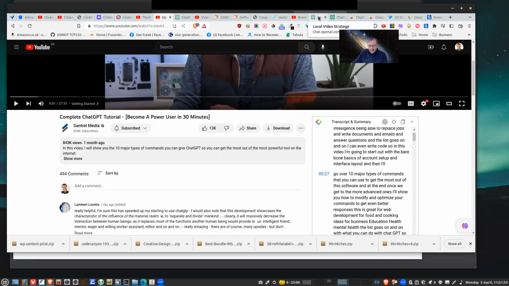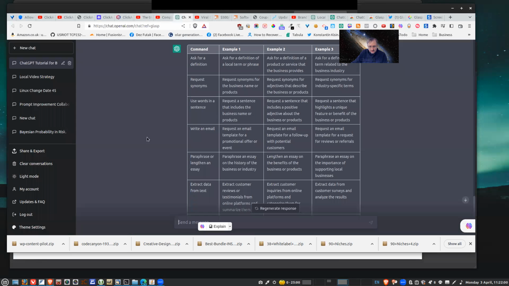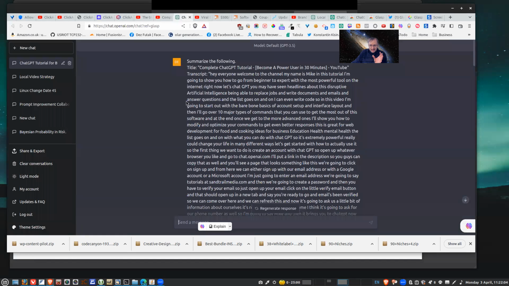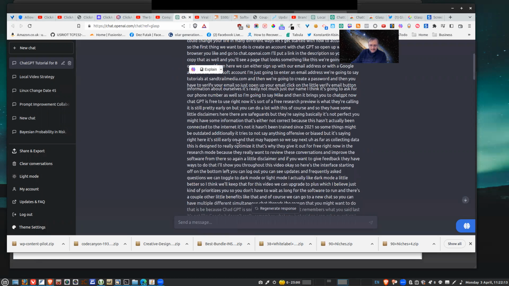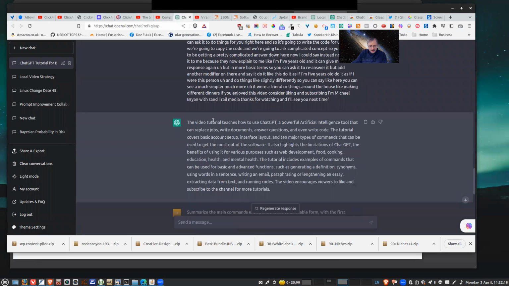And if I show you, I think this is the one. No, it's not that one. It is this one. So here's the transcript that it actually automatically copies and pastes into your ChatGPT interface and prepends it with "summarize the following." So it does all that. And then at the end, you get this nice little summary. It shows you, like, this literally took less than a minute to read. The video is 27 minutes long. So it saved me watching the video.